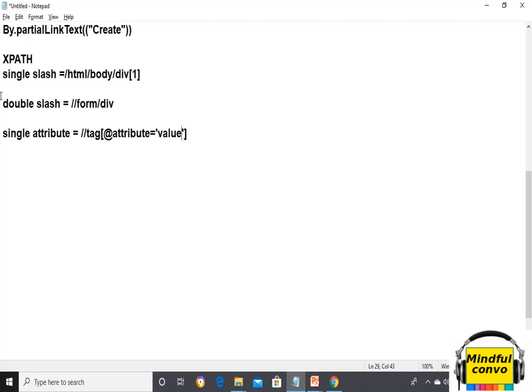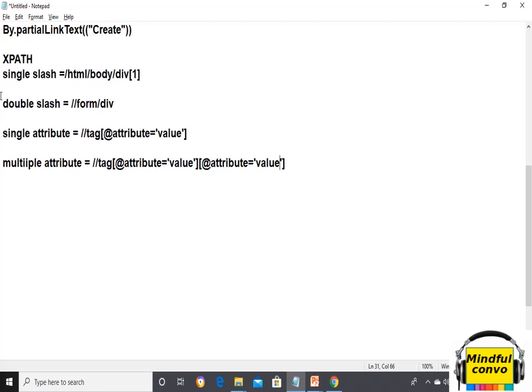Okay, then multiple attributes. We will use double slash tag at attribute equals to value and another attribute equals to value.